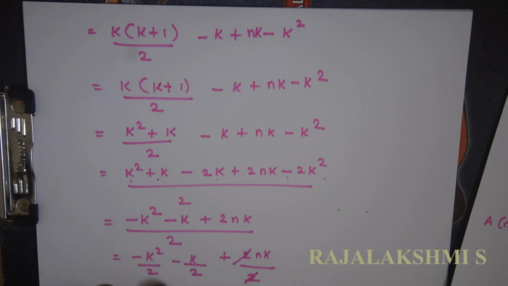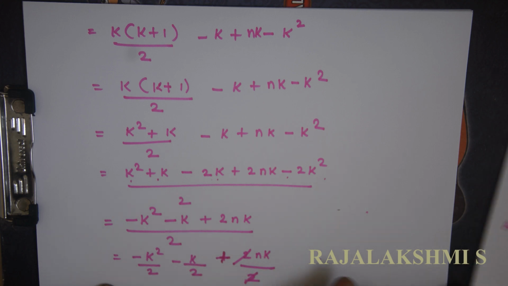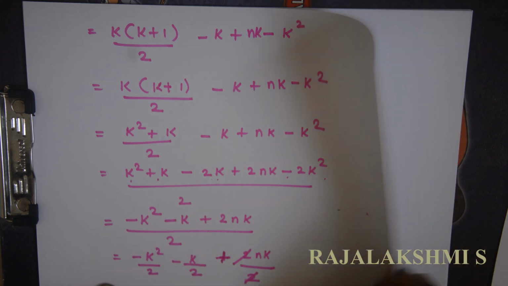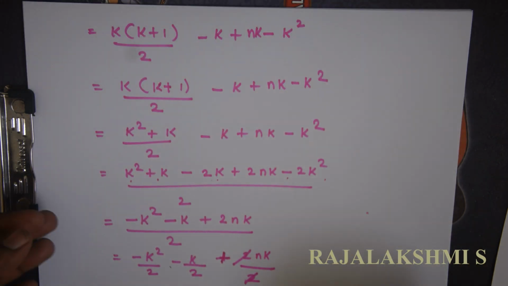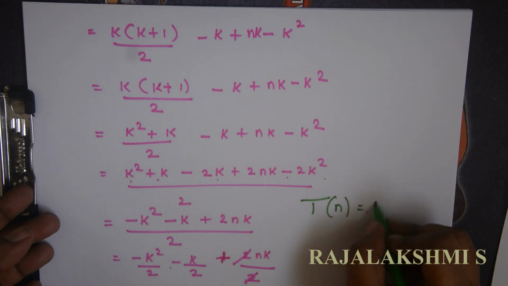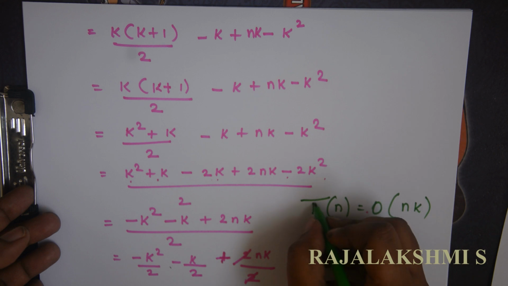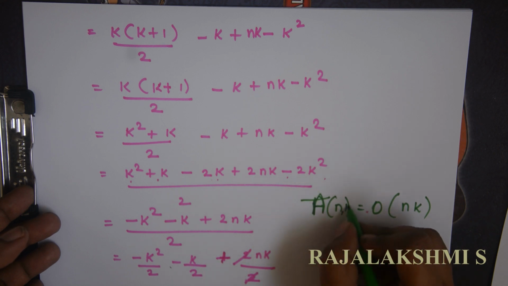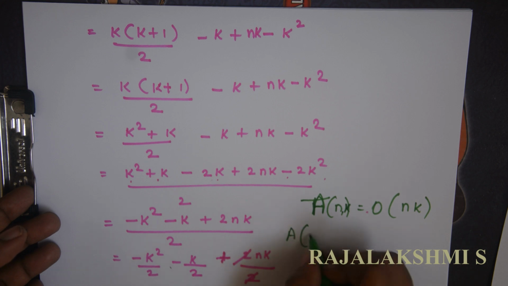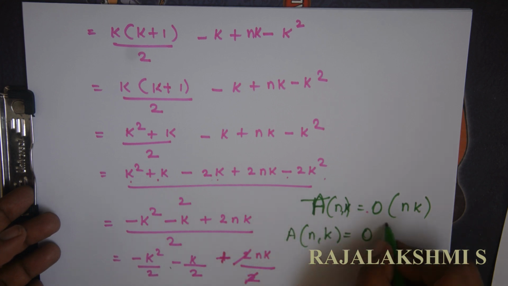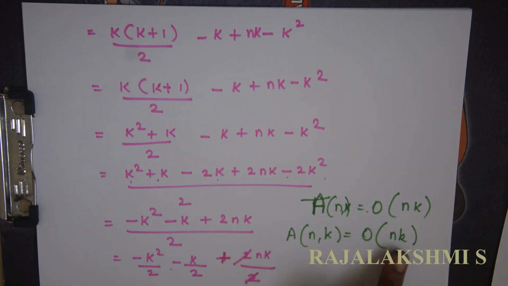So from this we have to write the time complexity. So this term K square exists in a negative form, and this K is also in a negative form. So the only term which exists in a positive form is plus NK. So whenever we are writing the time complexity given a polynomial equation, we should take the one which is having the highest value. So here the highest value is NK. So the time complexity will be T of N is equal to order of N into K. Sorry, it is actually A of N comma K, because this binomial coefficient takes two arguments. So we will be having the time complexity in terms of both the values N and K.